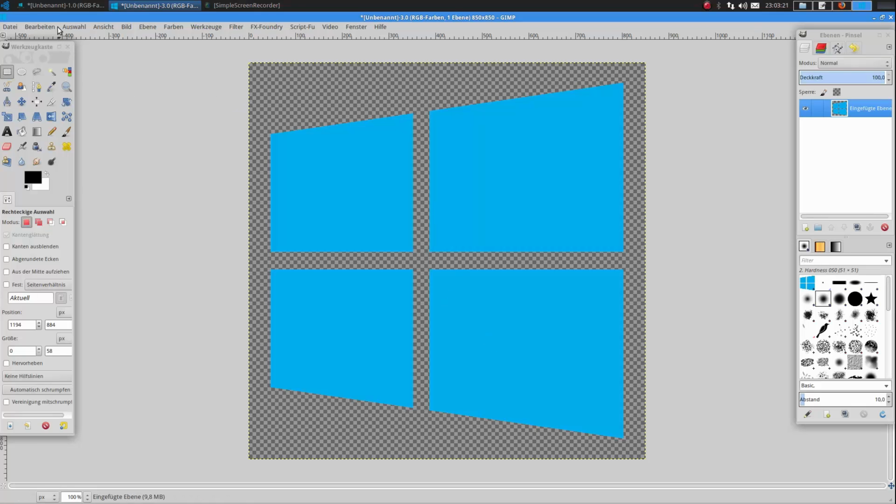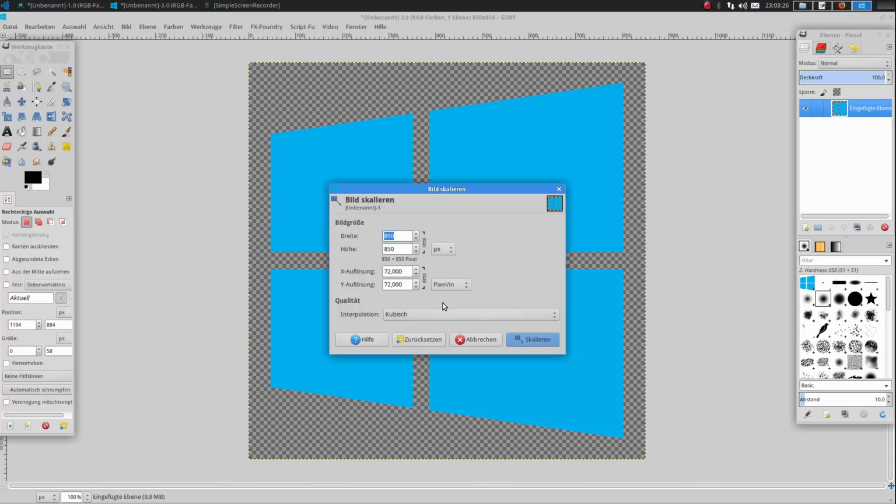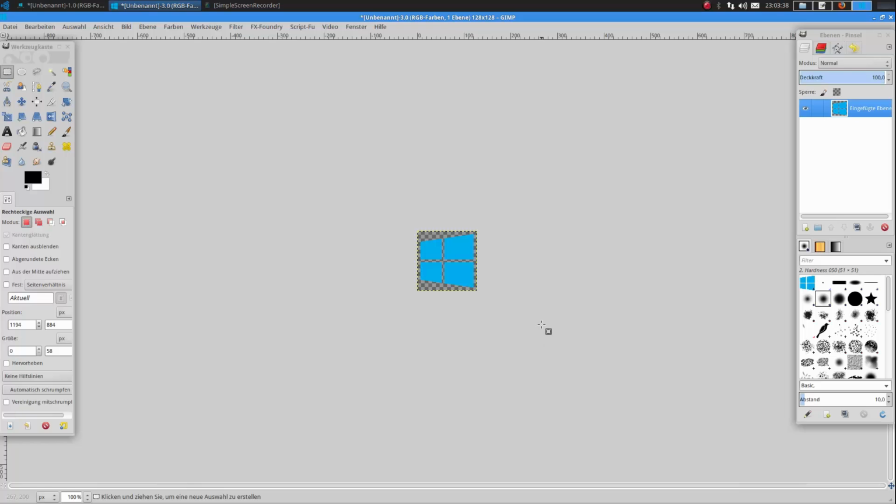And then we go to picture again, and now we'll scale it. And we'll type 128 in one of these boxes, then the other one gets this value as well. If it doesn't get it, just type in 128 as well. Then you click scale down here. And now we see that our picture has gotten much smaller, and that's exactly the right size for